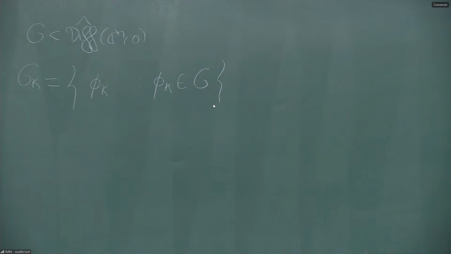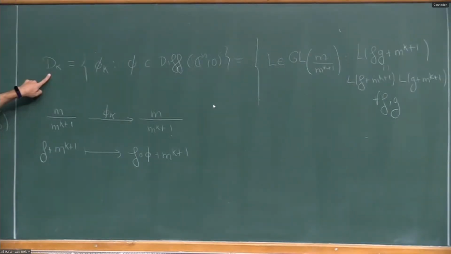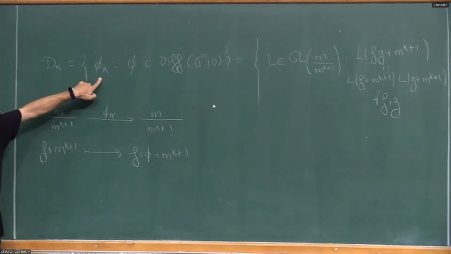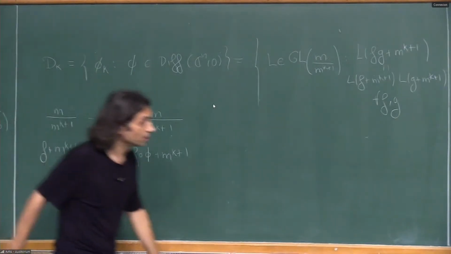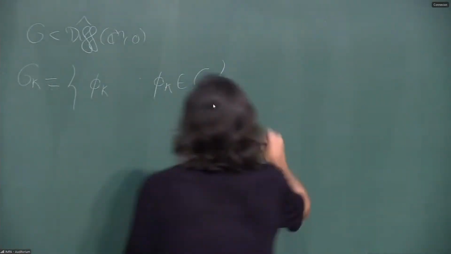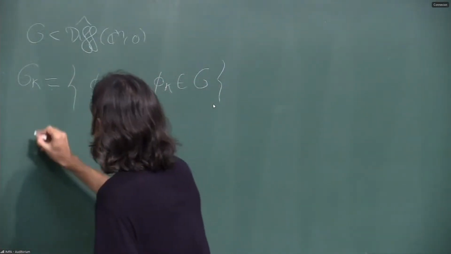It's a subgroup of this group over here, which is a linear algebraic group. So we can consider the closure, and the result is going to be still there. So still the elements are going to be induced by the action of diffeomorphisms. So you consider the closure,